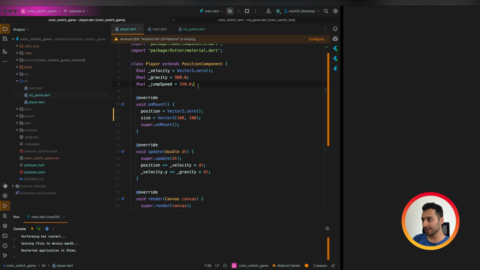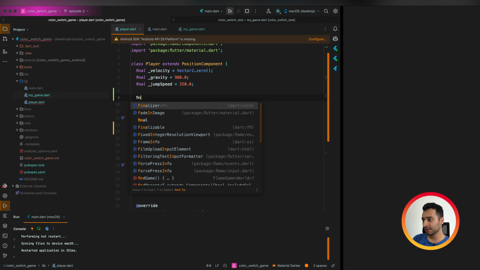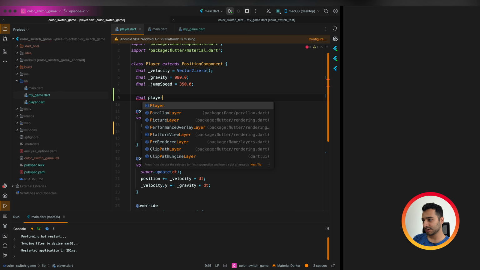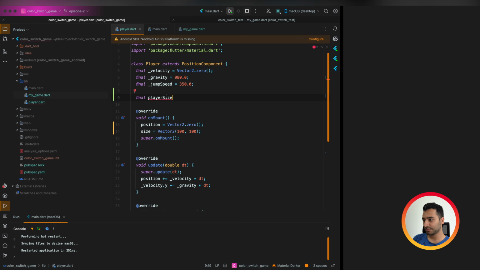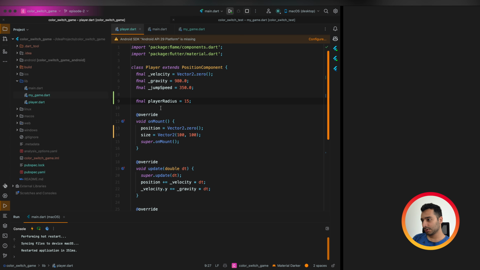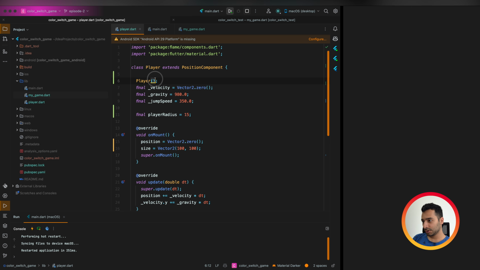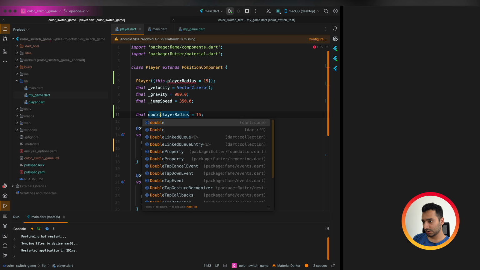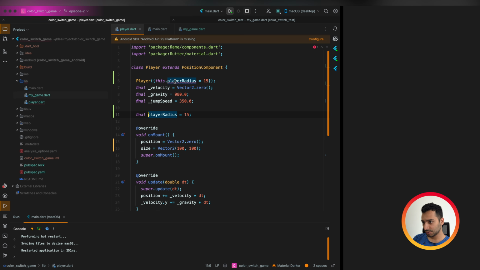Let me add a variable here, maybe a constructor variable, final player size, for example, or player radius, and it is 15. Yes, so it can be in the constructor, which is this.playerRadius. You can make it optional. What is this issue?